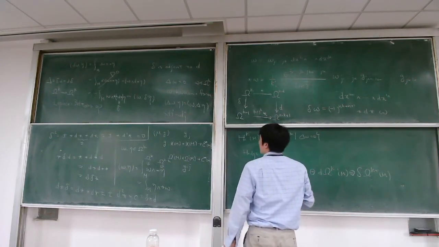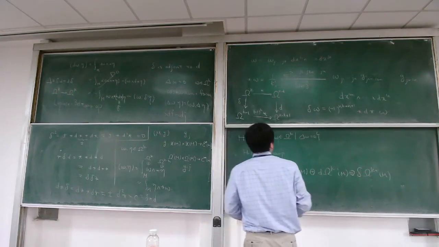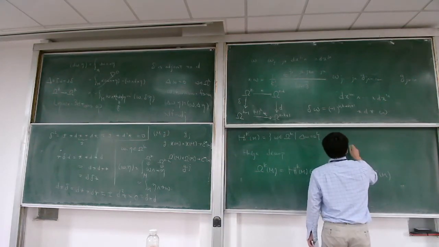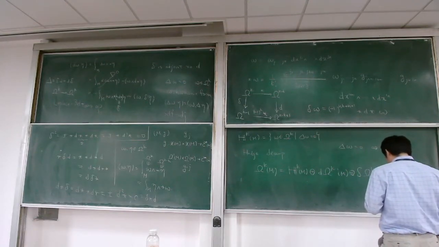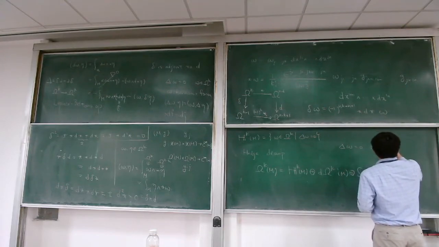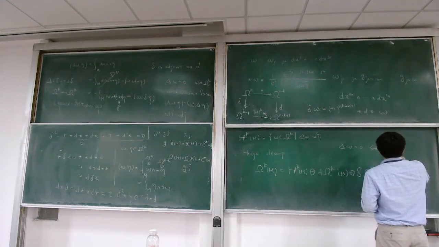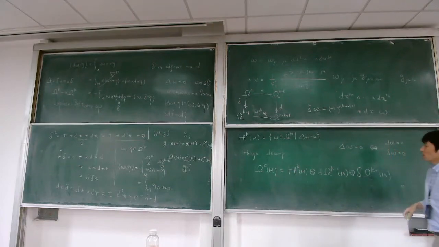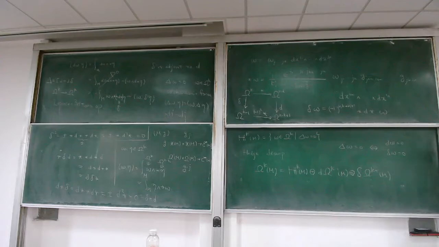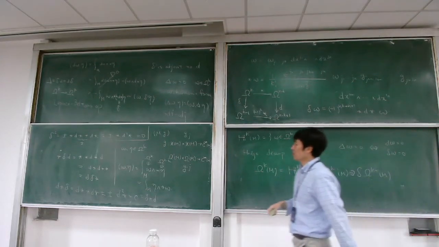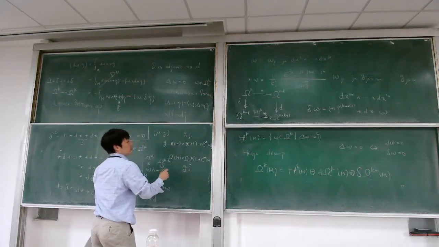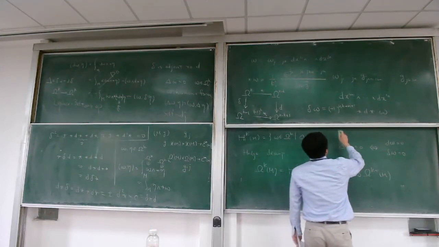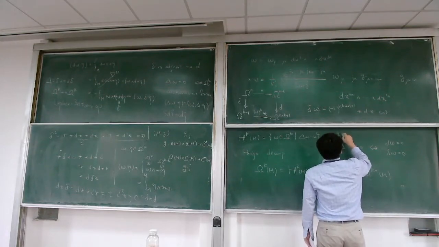And as you can easily see, delta omega equal to 0 if and only if... So as you can easily see, for all harmonic forms, this is true. So as you can easily see, this is self-adjoint. And then, for instance, delta omega,